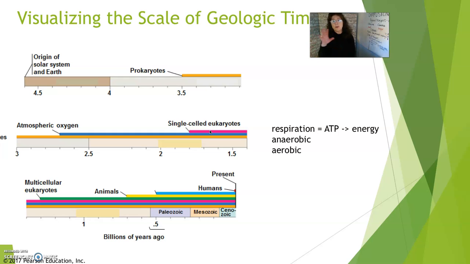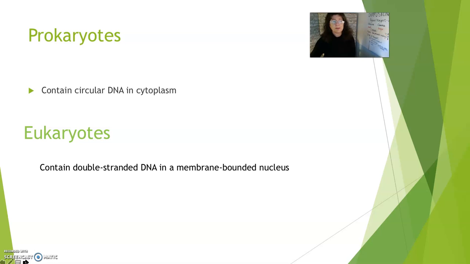So this is a process of evolution over billions of years, from prokaryotic cells to eukaryotic cells. The difference is, and keep this in mind, prokaryotes carry their DNA as a circular strand